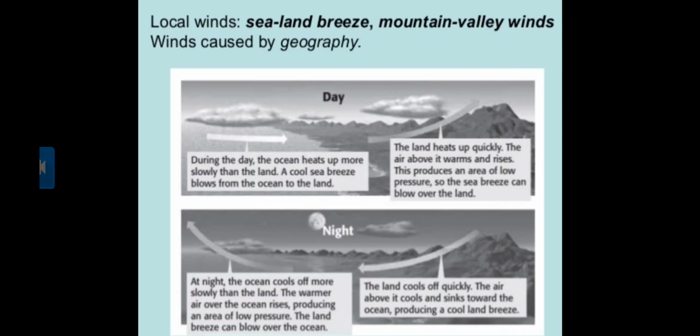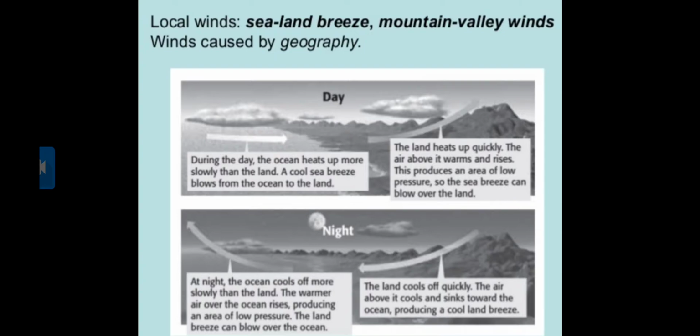At night, what happens? At night, the ocean cools off more slowly than the land. So at both times, the ocean is slow as compared to the land. The warmer air over the ocean rises, producing an area of low pressure. The land breeze can blow over the ocean. The land cools off quickly.